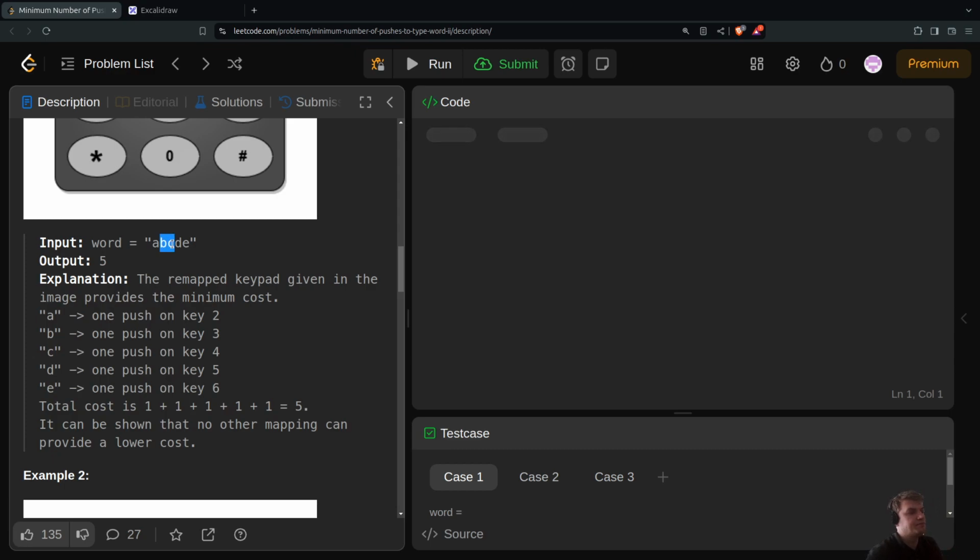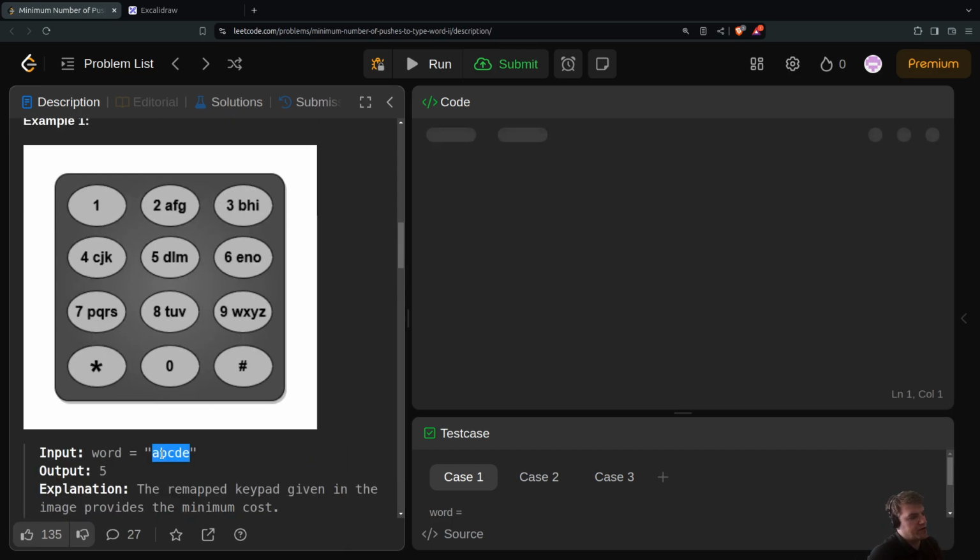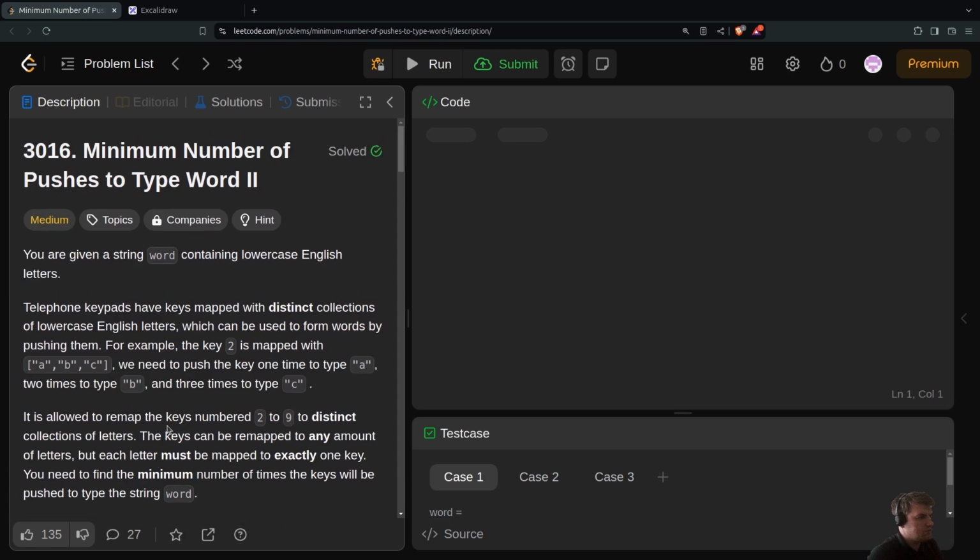Calculate the frequencies for letters, and then evict the most frequent one, and note the number of occurrences it has, and that's going to be the number of pushes. And then do that 9 times, or even 9 times, because we have